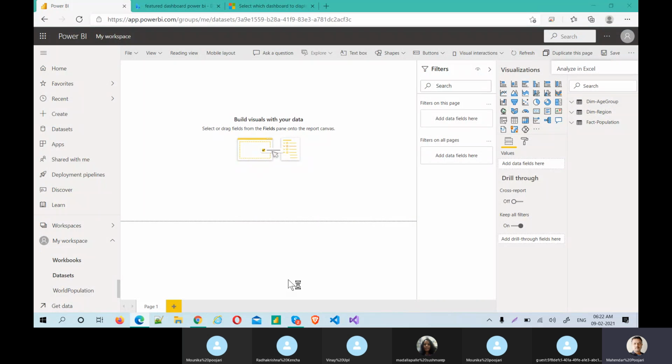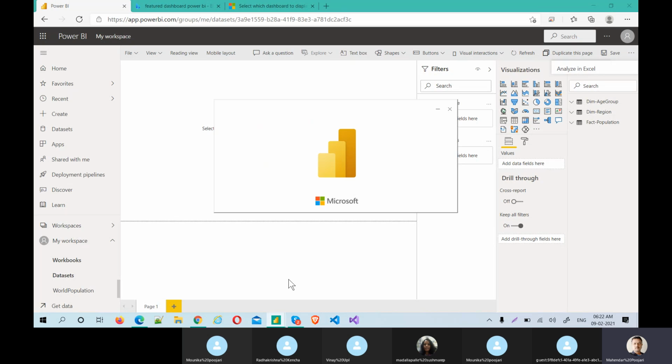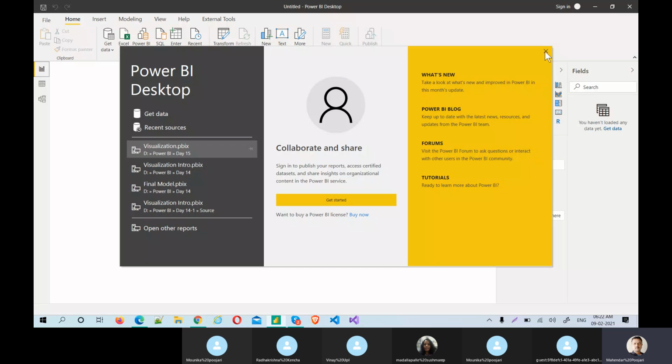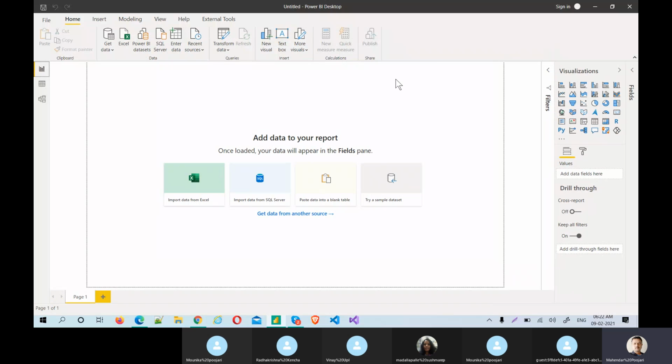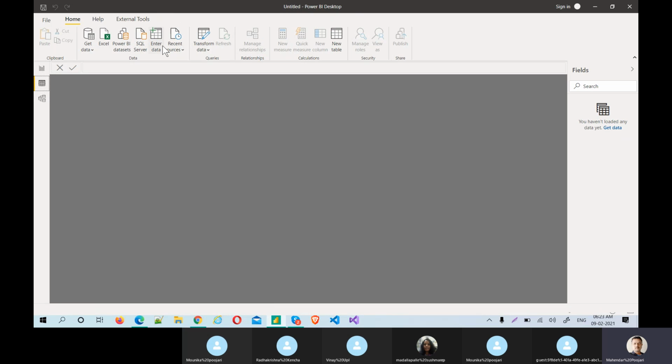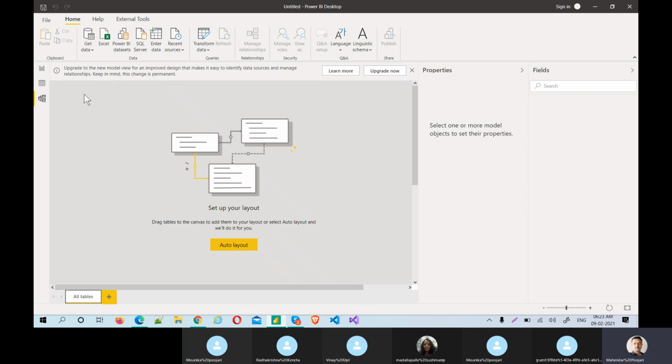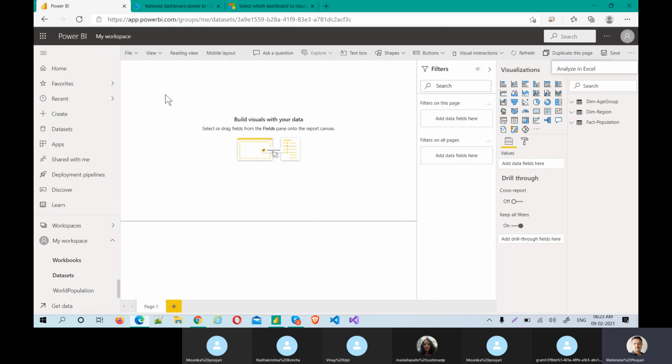Guys, you should be aware of the difference between editing a report in the service and in Power BI Desktop. This is a must interview question. You simply answer by one thing: Query editor is not available. But no, this is not the right answer either, because the query editor is indirectly available here. What else? You will not see all these options: insert, modeling view, and this data view. This is not at all possible. Enter data is not possible, and the model you cannot see there. These are the two things.